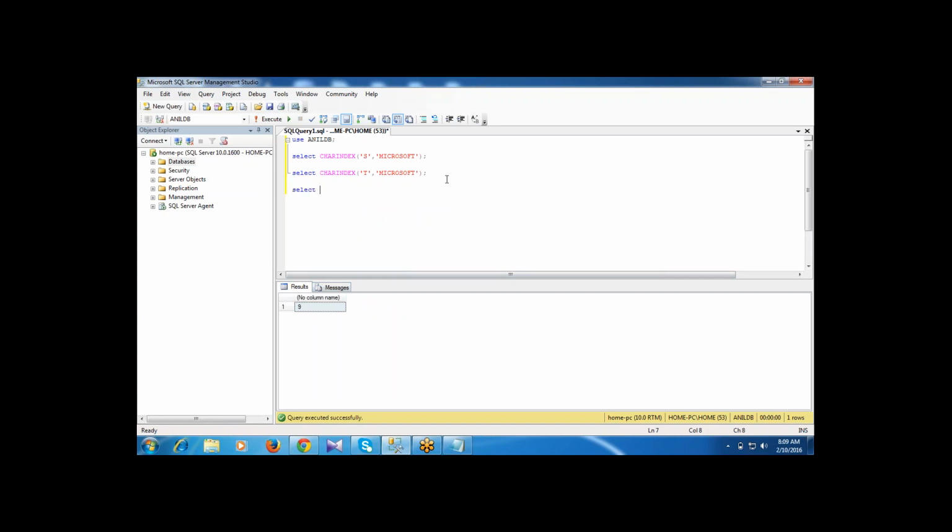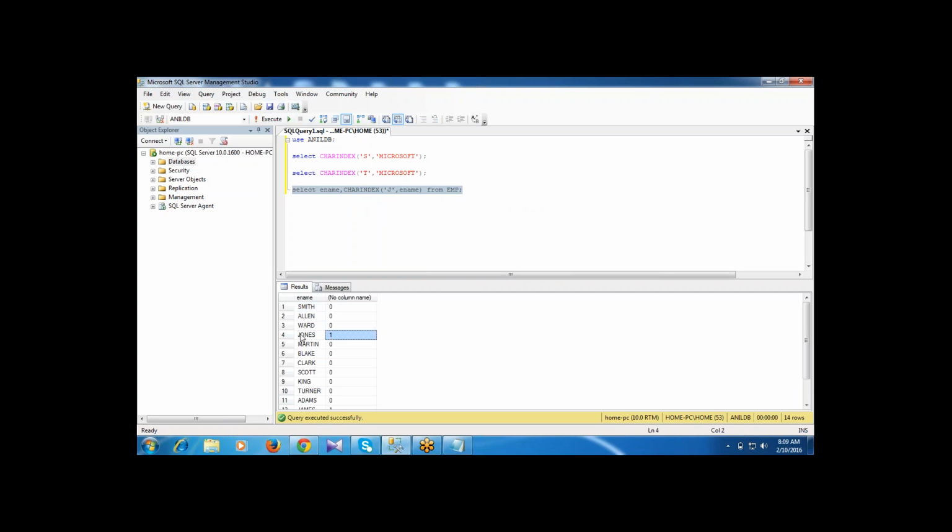Now I want to apply the CHARINDEX function on a column. Here I want to find the character position of J in the employee name column from the EMP table. Select the query and execute. If there is no J in the employee name, it simply returns 0.